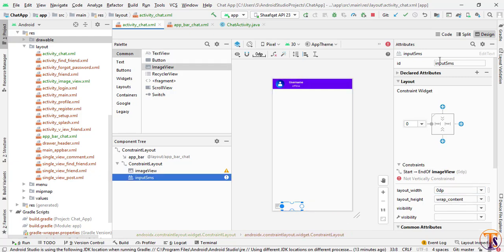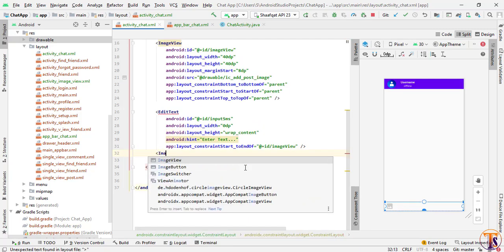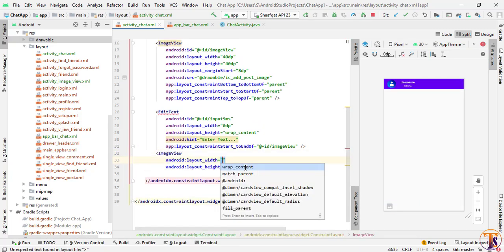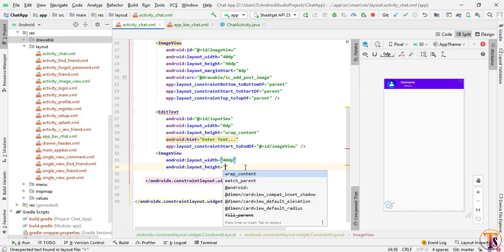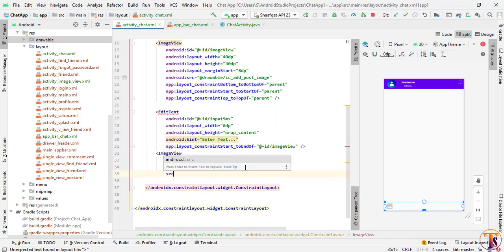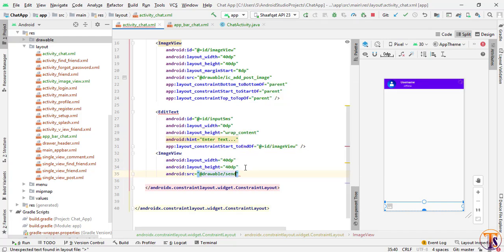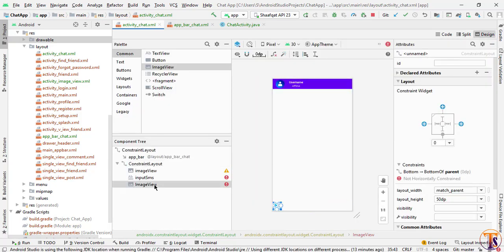Okay, now we will add our image view. So here I will select image view, that will be 40 dp width and 40 dp height. Okay, now select source, and here I will select send and just close it. Now go to design, and here we will add our constraints.